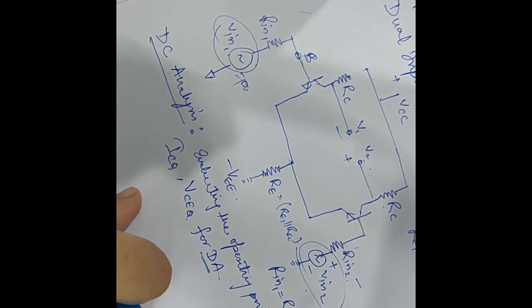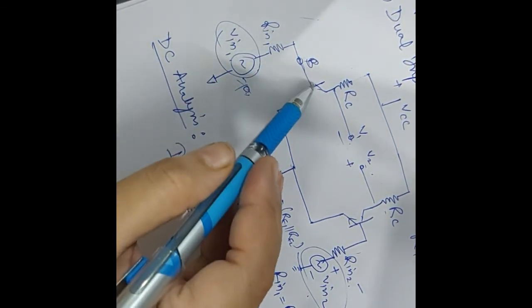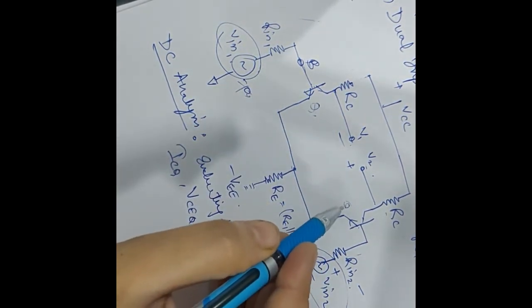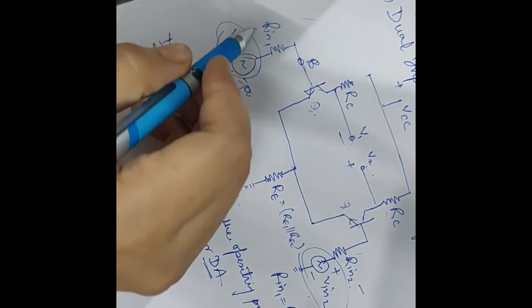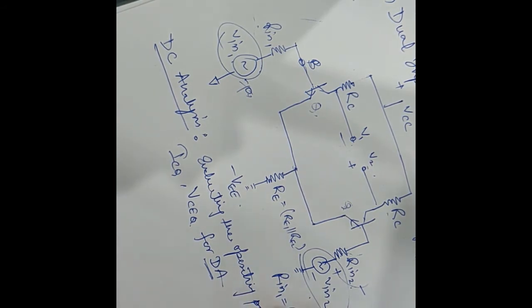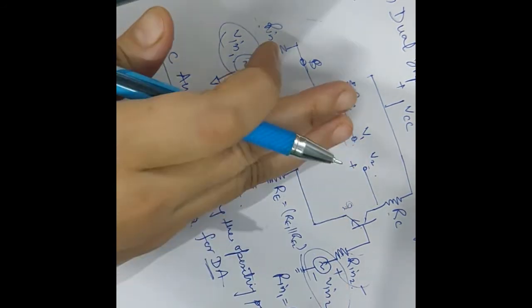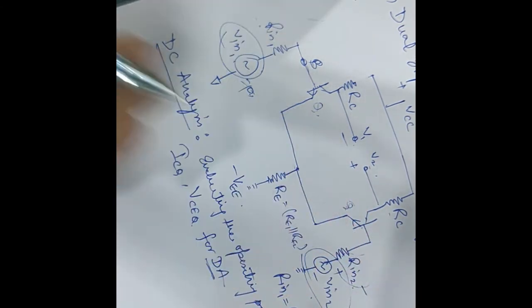Right? Why are we taking the similar parameter for all the emitters, common emitters? Because we want a matching transistor. For a matching transistor, we need a similar value of this. We also need a similar value of RE1 and RE2, nearly equal. Generally, RN is very, very small in case of ideal voltage sources and is nearly equal to 0. So both emitter bias sections, we consider symmetrical and matched in all respects. Right?